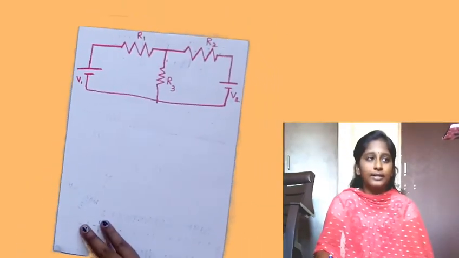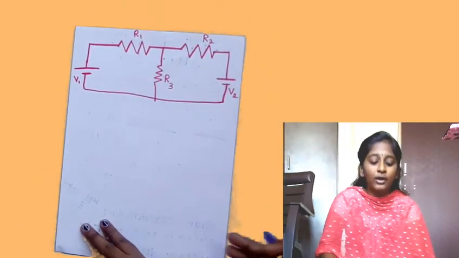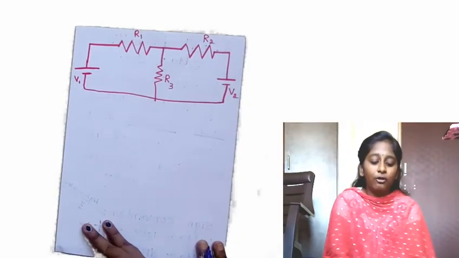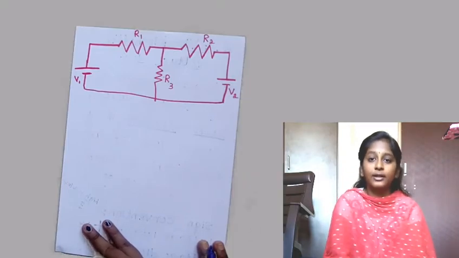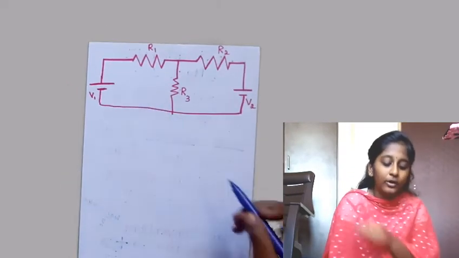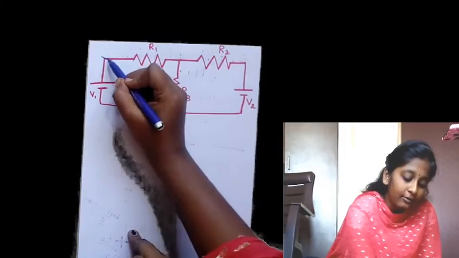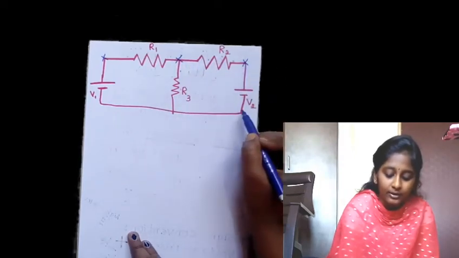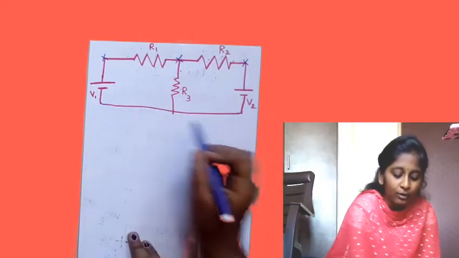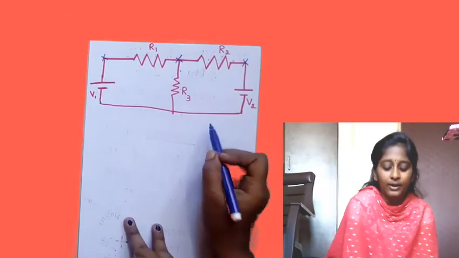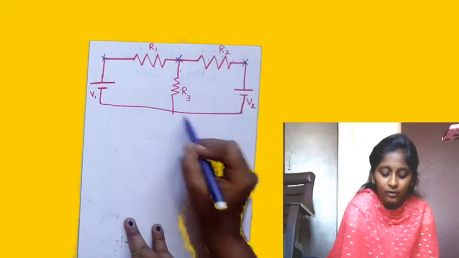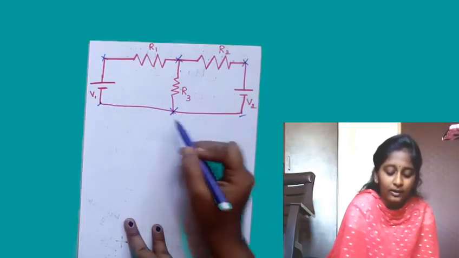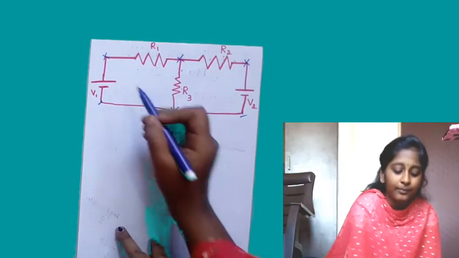Here I have taken an example to demonstrate how to apply KVL for the given network element. First, we have to mention the nodes while we are applying the KVL. For this, I am going to apply the nodes. This is one node and this is another node, and here are two different nodes. But instead of writing these two different nodes, we can directly write this as a single node. That means these two nodes are equal to here node.